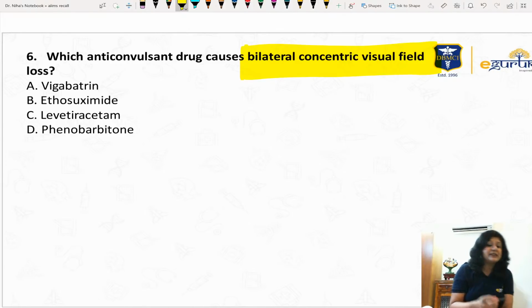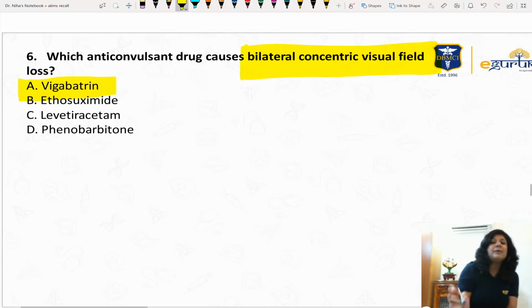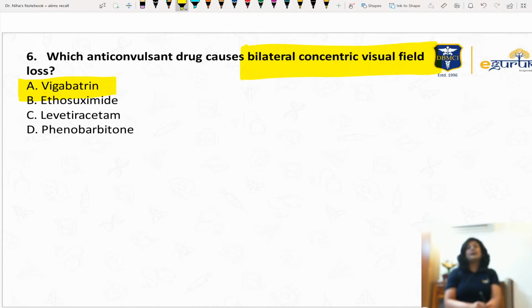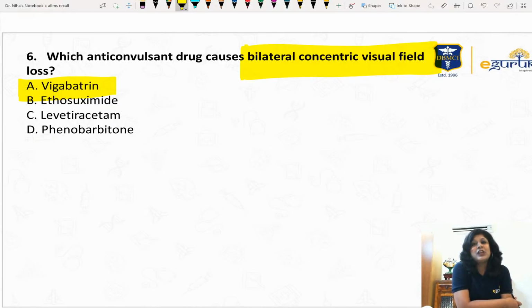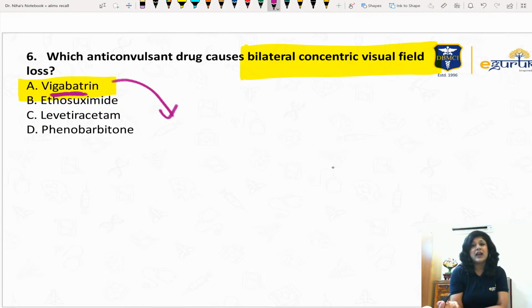So answer is pretty simple here. This is actually the vigabatrin. Vigabatrin is anticonvulsant drug. This is usually given in those children who are having the tuberous sclerosis, we have mental retardation, we have got seizures, and these babies are given vigabatrin. Now you must have read all these things in the pharma, but let us see this vigabatrin. Now see, it contains GABA. Can you see the word GABA is there?